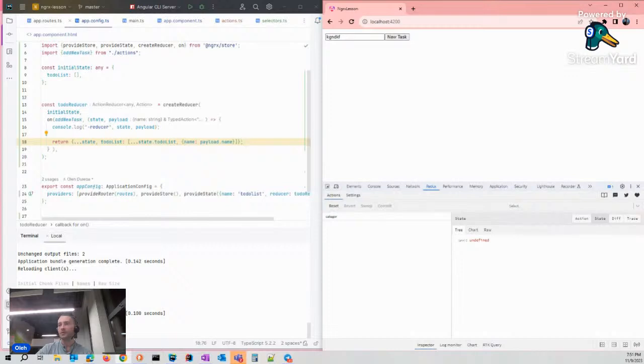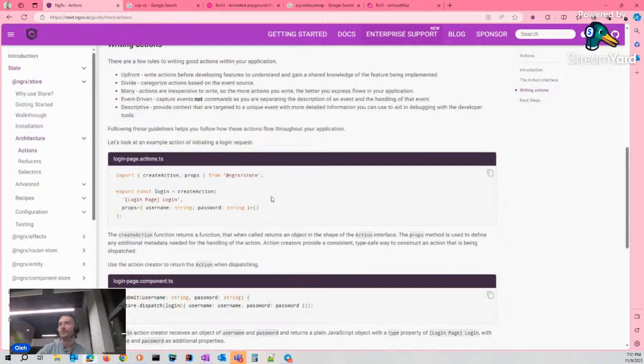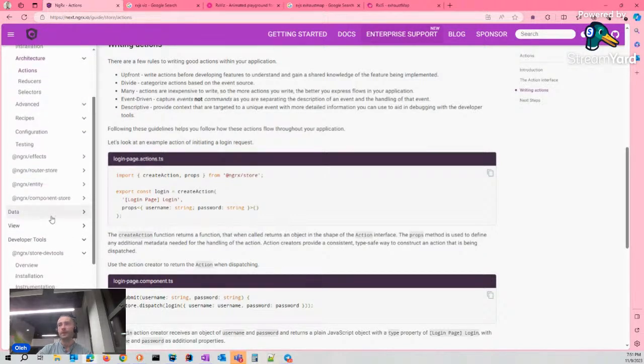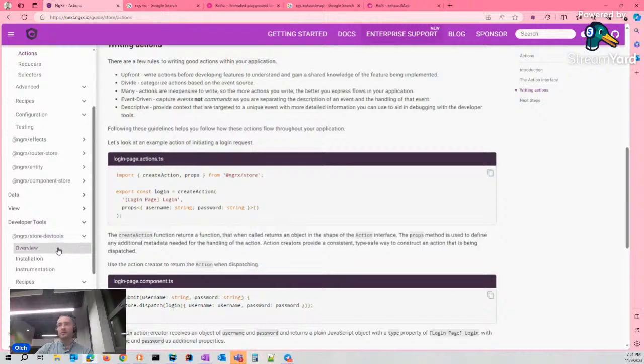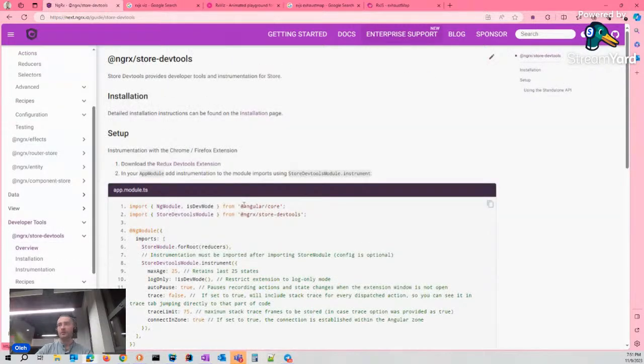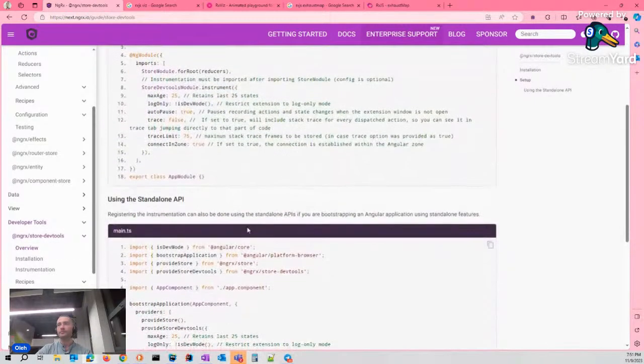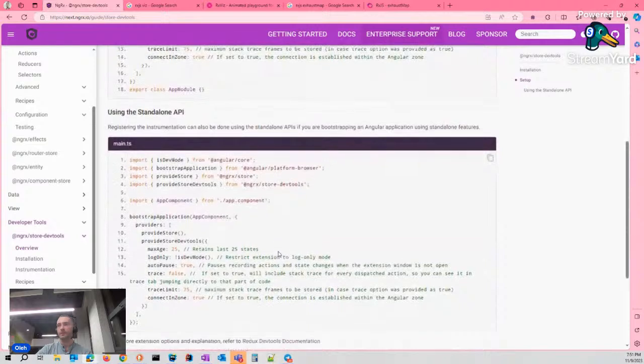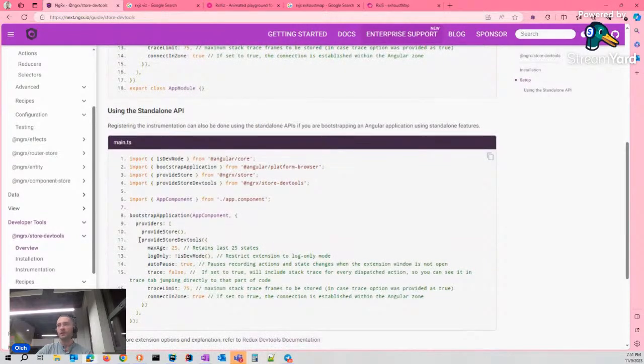Let's quickly move to the documentation to get information about developer tools, overview, using standalone API, and we have to use this one.